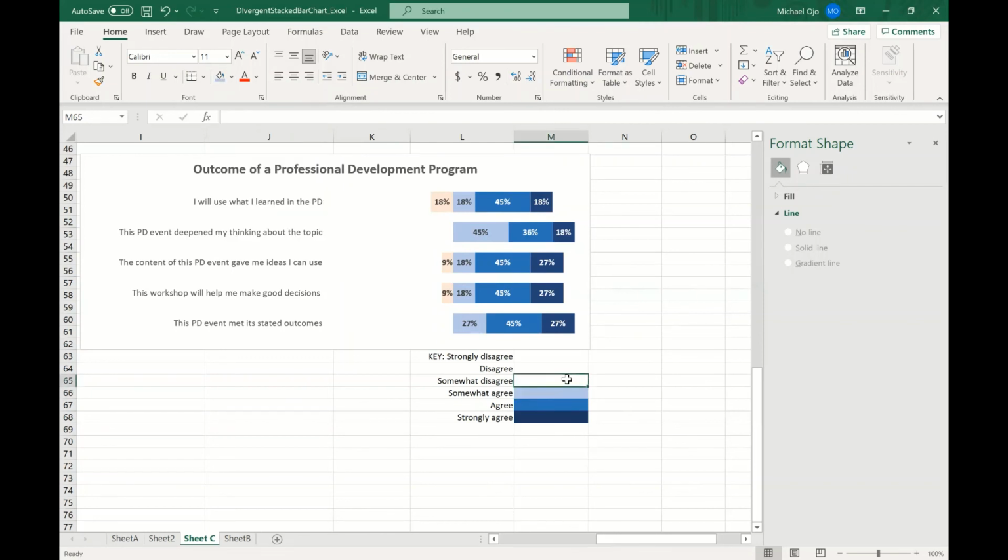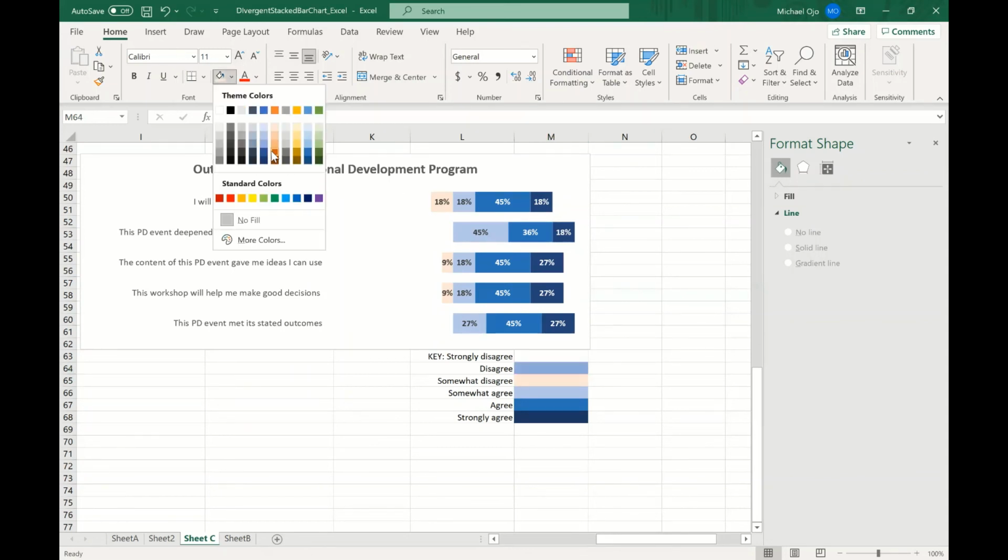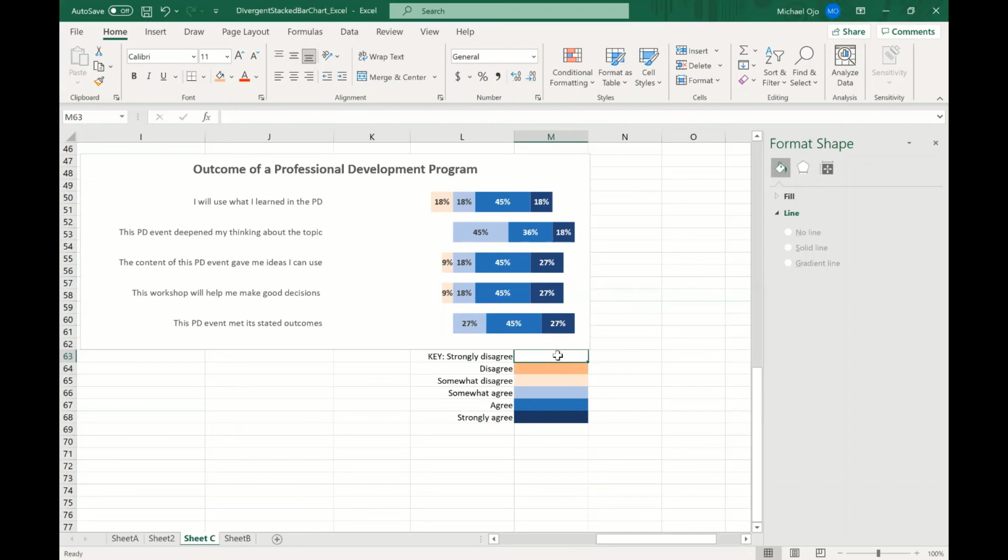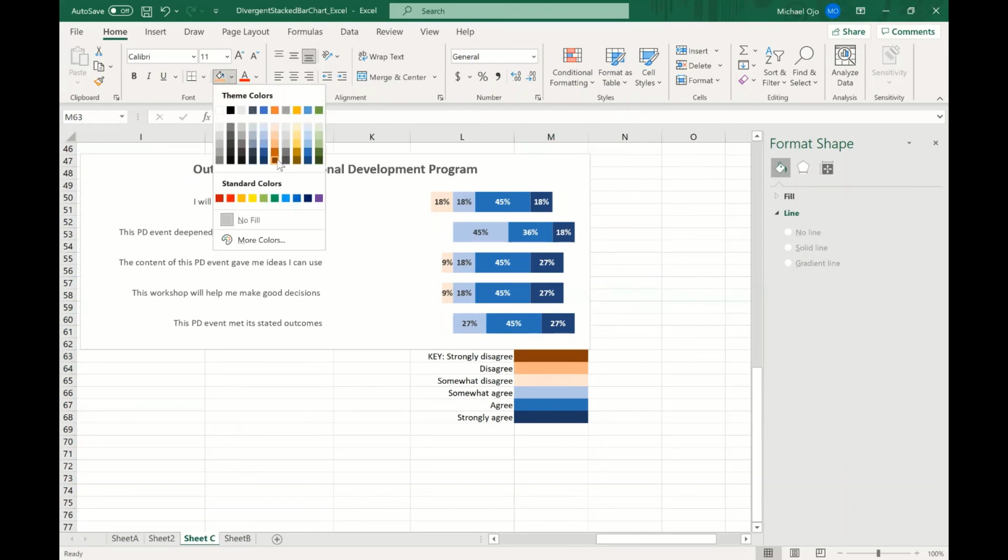So for the somewhat disagree as well, I go to get the color that I need. For the disagree, of course, we don't have the disagree here, but we can actually get the color written. So the color match for strongly disagree will be a very deep orange color, which is something like this.